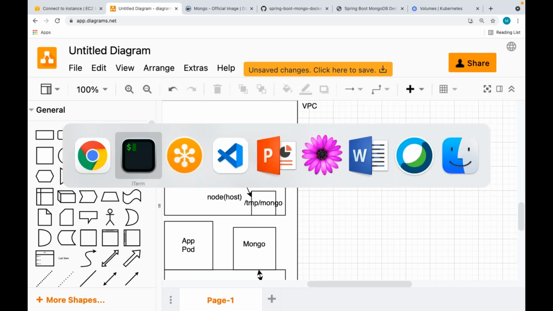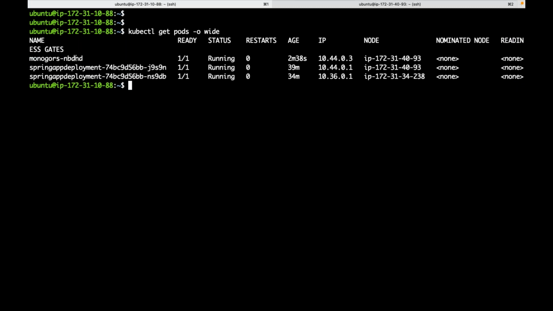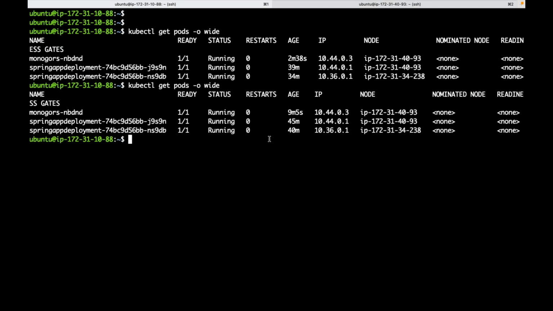Okay. Now I have just one replica that is directly talking to that replica. It is using a host path volume. Now, if for some reason this node is down, and the pod is scheduled to a different node, let me see.